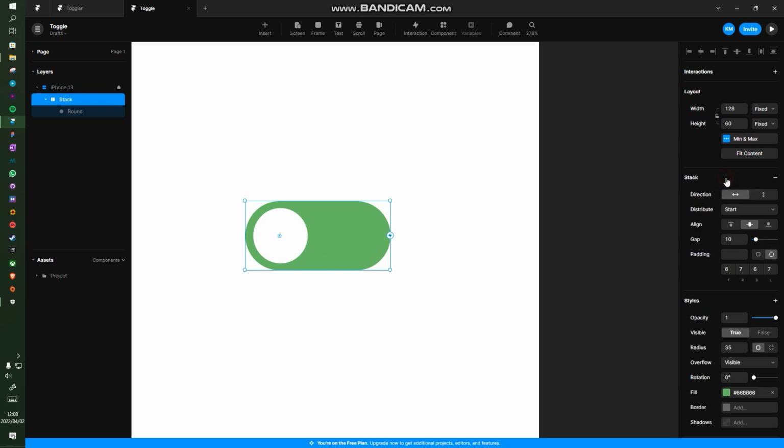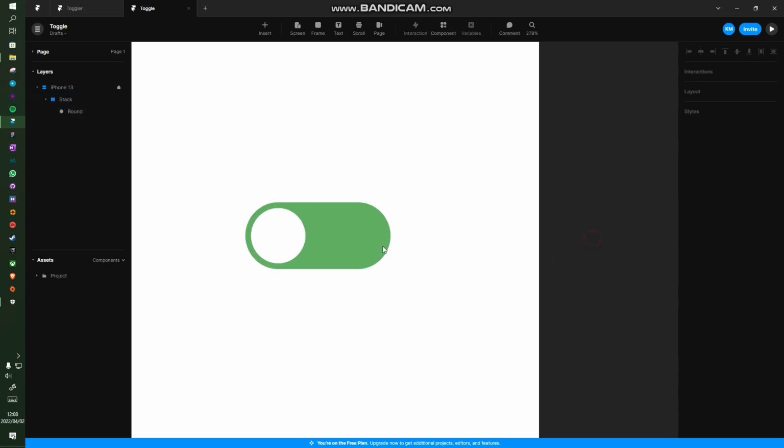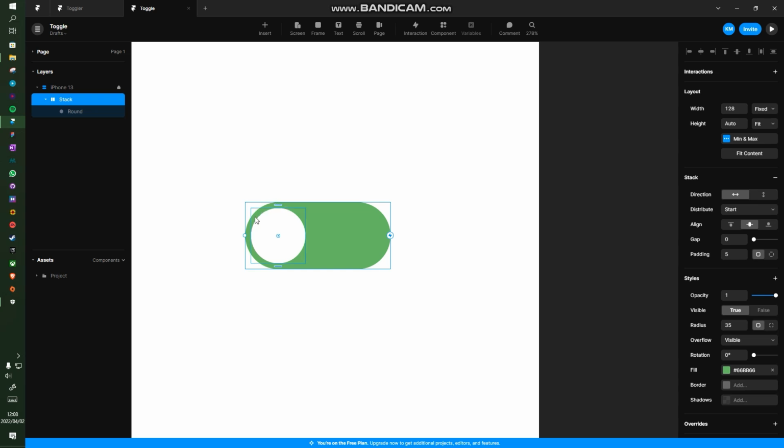So I will stack the green frame and I will set the height to fit the content, meaning that if we don't have a padding, this is how it's going to look, right? And then when we add padding, look at what happens to the height of the green. It resizes itself. So padding is space that's inside our element, and it pushes everything that's inside away from the edge. So we said push everything from the edge by 5 pixels, and then it automatically adjusts the height